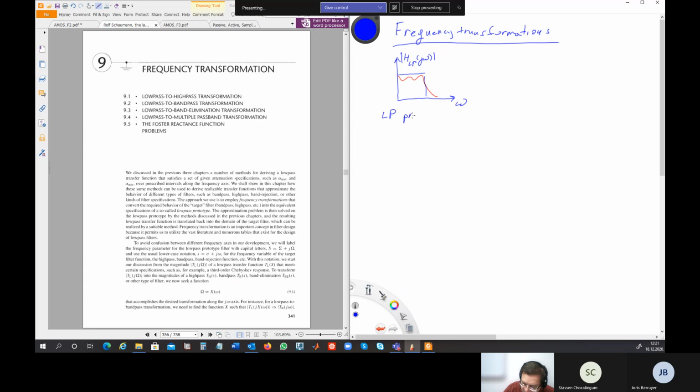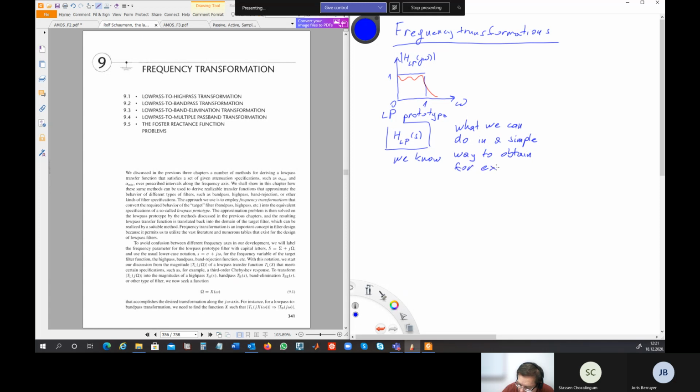So low pass prototype. We know H of s. We know. The question is what we can do in a simple way to obtain,